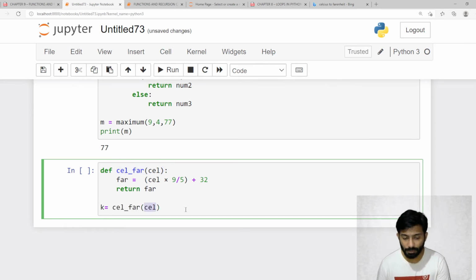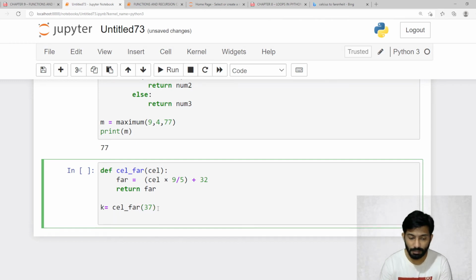Over here I have to pass on the value for Celsius. Suppose it is 37 Celsius. I pass on this. Let me print it in Fahrenheit. So I will write over here Fahrenheit. The Fahrenheit